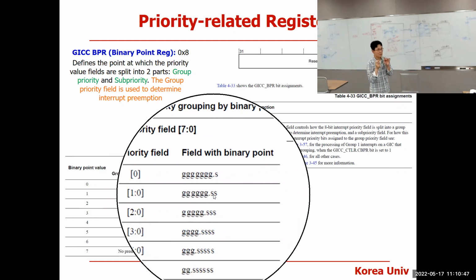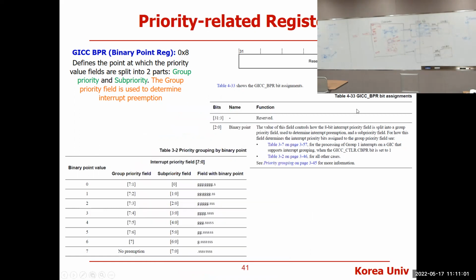So using the BPR register, you split priority into two parts, group priority and sub priority, and that is used to do